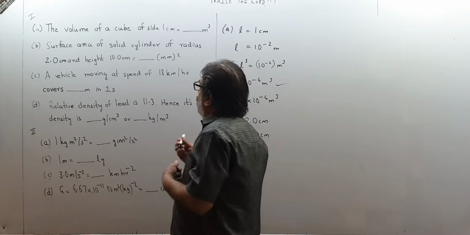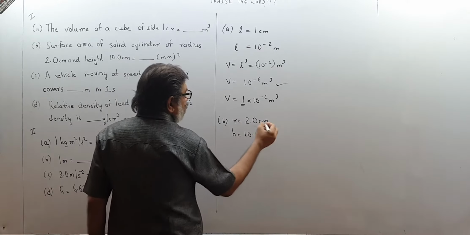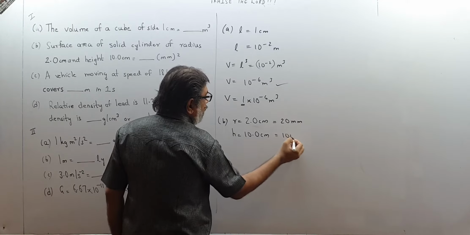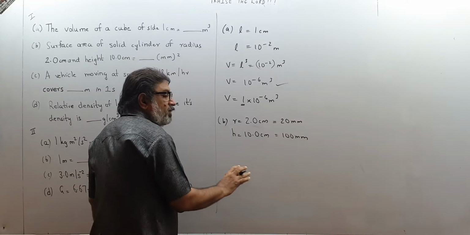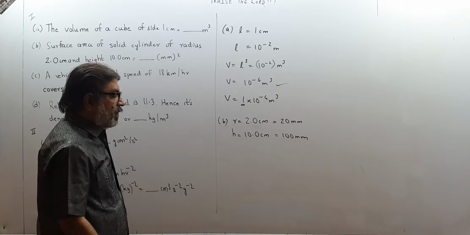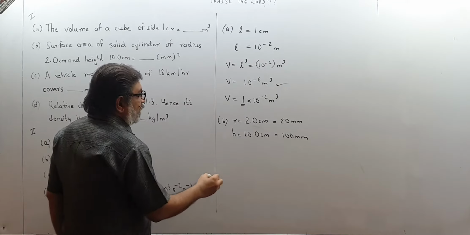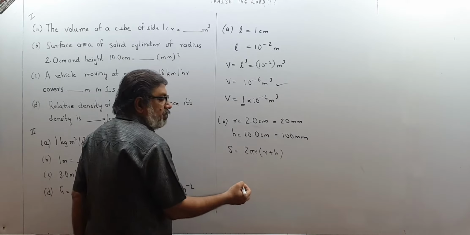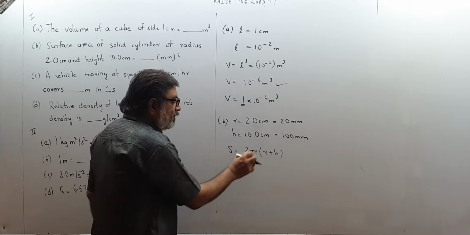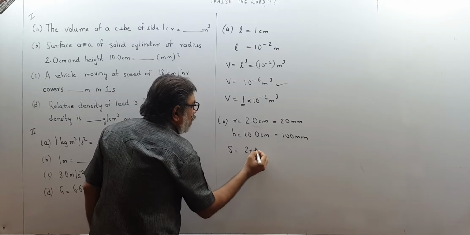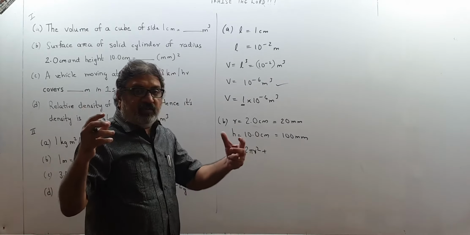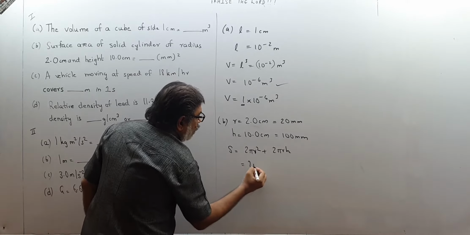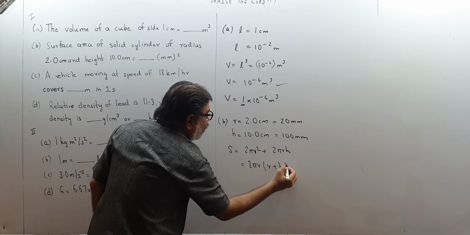Now I know the formula and it is to be set in millimeter square. So right now you can say 2 centimeter means 20 millimeter, and the height means 100 millimeter. You may not put decimals over here, that is okay. In the final result we will put them. It is asked to find the surface area. Now we know that surface area is given by 2 pi r into r plus h. Because it will be 2 pi r square for 2 caps. Let me think like this. 2 pi r square, 2 circular caps at the sides, and the surface area of the curved surface, 2 pi r h. So I write 2 pi r into r plus h.